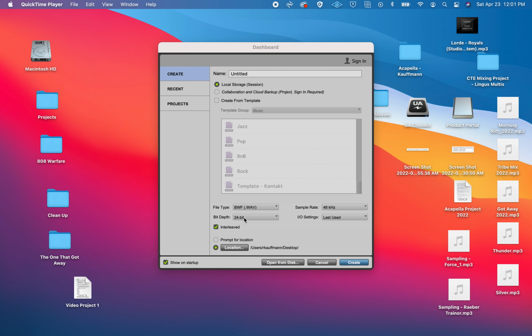Here we go. We're going to call this mixing, my last name. Pay attention to the bit depth 24 and the sample rate 48. The files that I'm giving you are at that bit depth and sample rate, so we don't want to convert them if we can avoid it. Creating my session,